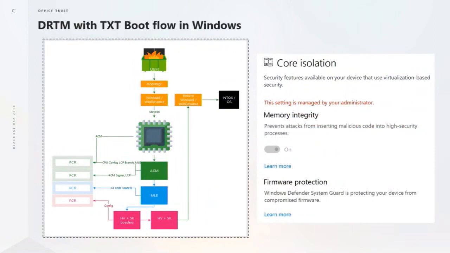The first way we solve that problem is by moving to a boot mechanism that no longer has a static root of trust, one that depends on the UEFI vendor or firmware vendor writing perfect code, which is hard to do. The way we do that is by using the Intel TXT extensions to implement what's called dynamic root of trust, or DRTM. And DRTM is relatively simple. The concept is to allow UEFI secure boot to work as it is, but when we get to the point where